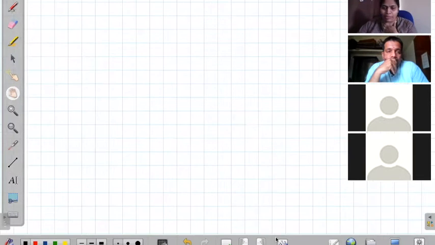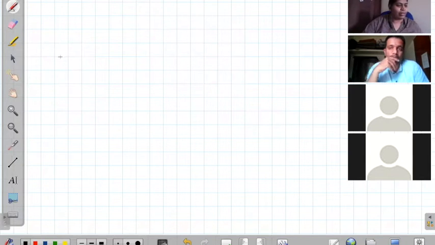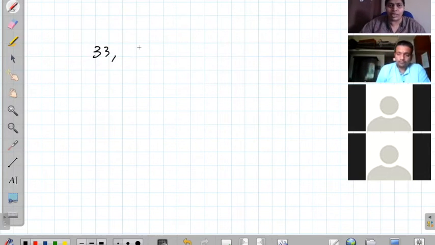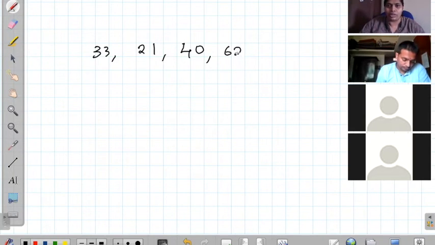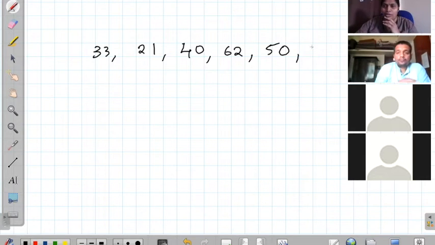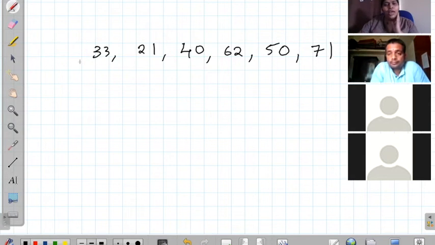Okay, I will present this week's problem. I'm going to write some random 2-digit numbers. Okay, can you find three?